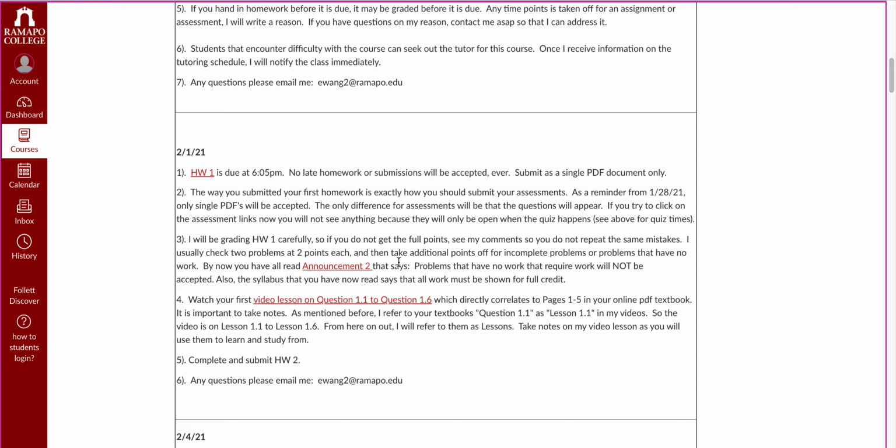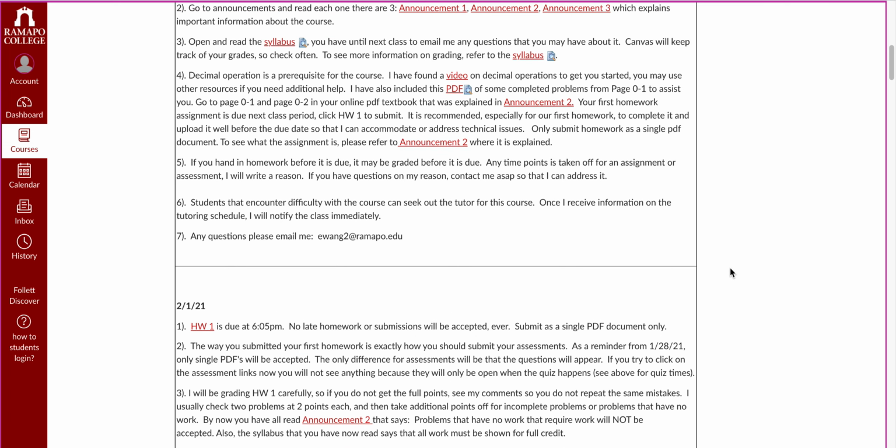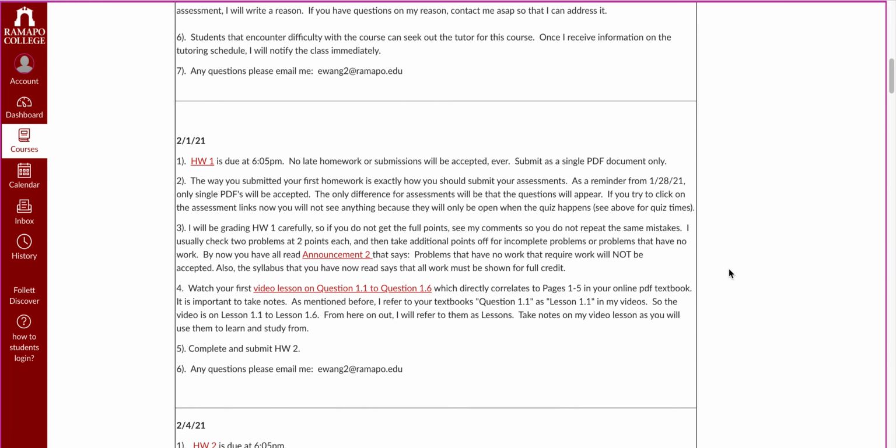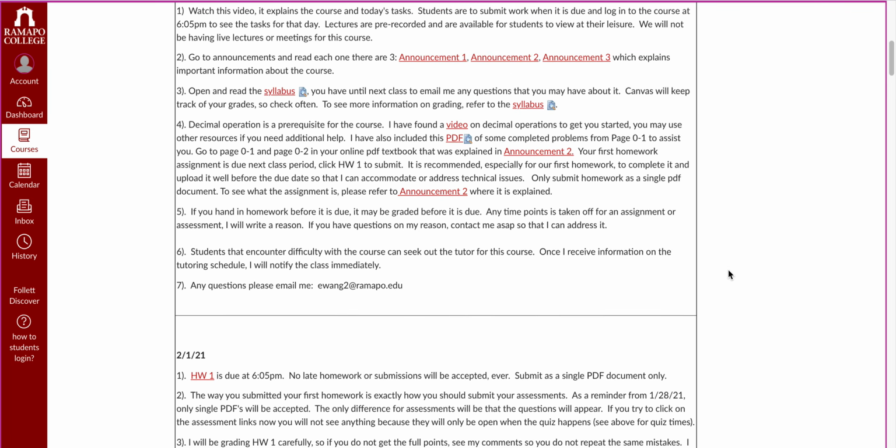Even though I have the whole course planned, some students go ahead, which is fine. Just make sure you check back on the date that you went ahead to make sure you did everything you were supposed to do. Like I said, I give myself the right to change any information that I need to if the class didn't happen yet. For the most part, everything should be set, but sometimes I forget one or two things and I'll have to add it in. So for those that may jump ahead, please check on the class date and the time to make sure you did everything you're supposed to do.